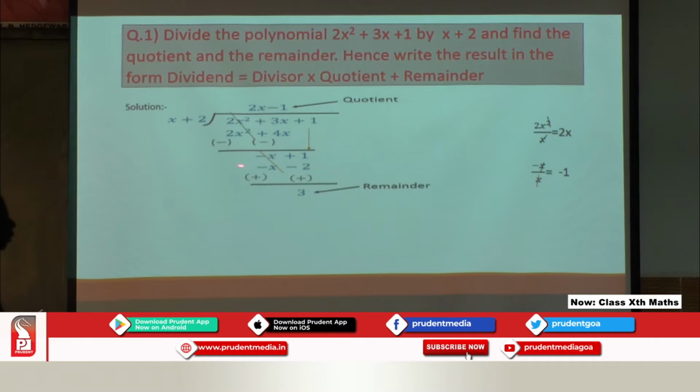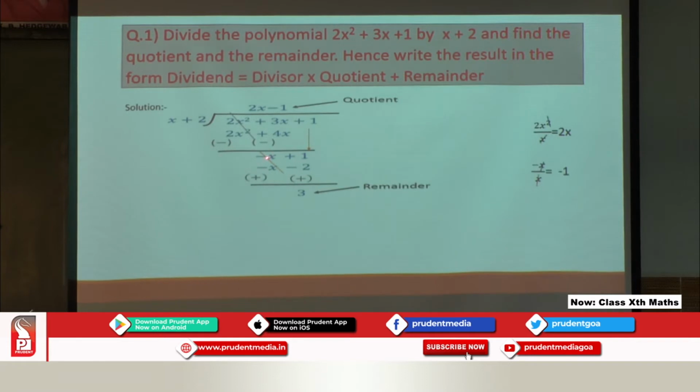Now next step, we should subtract, that means we should change each term's sign. Here the positive sign changes to negative, here the positive sign is changed to negative. So now we should cancel the first term. See, plus 2x square minus 2x square is cancelled. So here we got 0. The next terms, here plus 3x and here minus 4x. So subtract these two terms. 4 minus 3 is 1x, greater number is negative, so it is minus x. Then bring this 1 to the bottom. So plus 1 again carry.